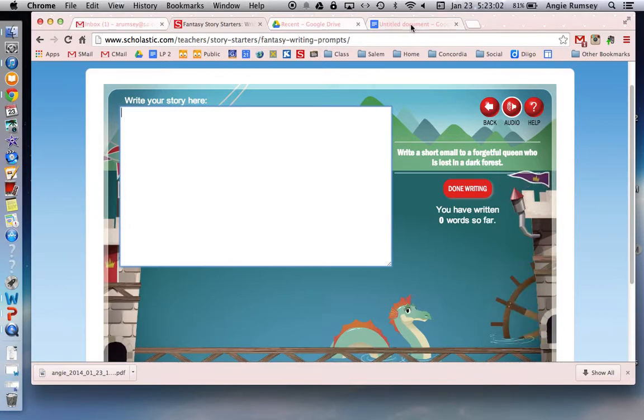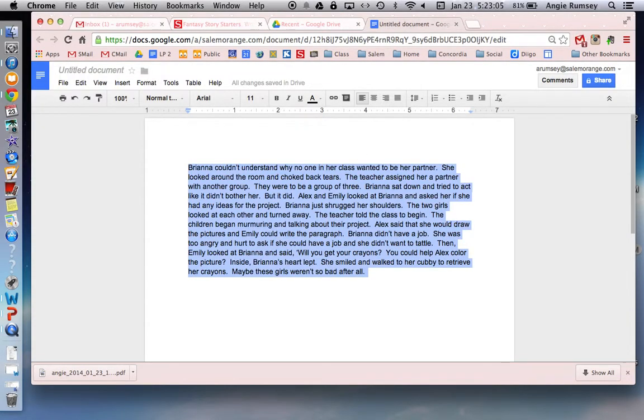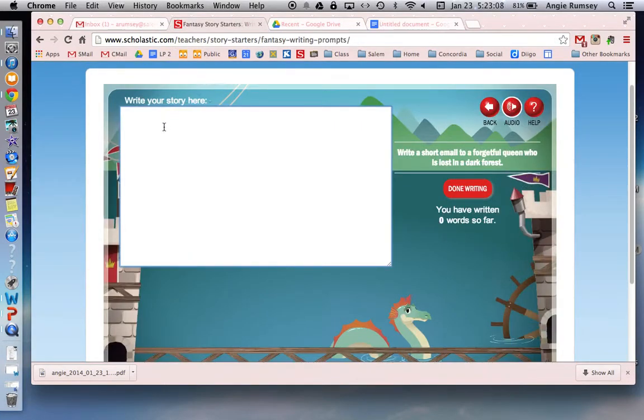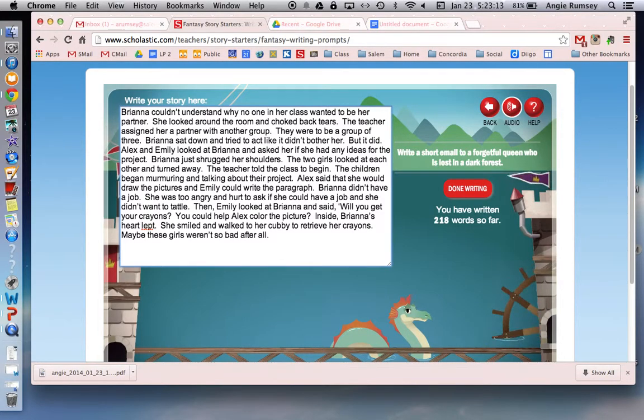And because I've already written my story, I just want to double check that I've copied it. Now I'm going to come over here. I have my little blinking cursor and I'm going to paste it. Then I'm going to go back and I'm going to read my story. And if there's anything in there that I think needs to be changed, or maybe a word needs to be fixed, or maybe some periods need to be added, or maybe as I was typing I left out a word and I need to add it in, I'm going to go through and I'm going to do that. Then I'm going to click Done Writing,